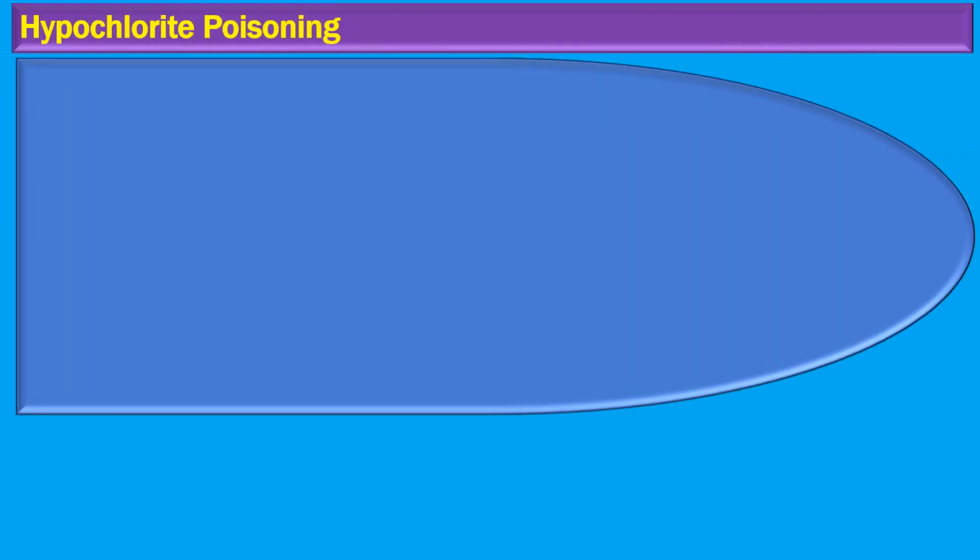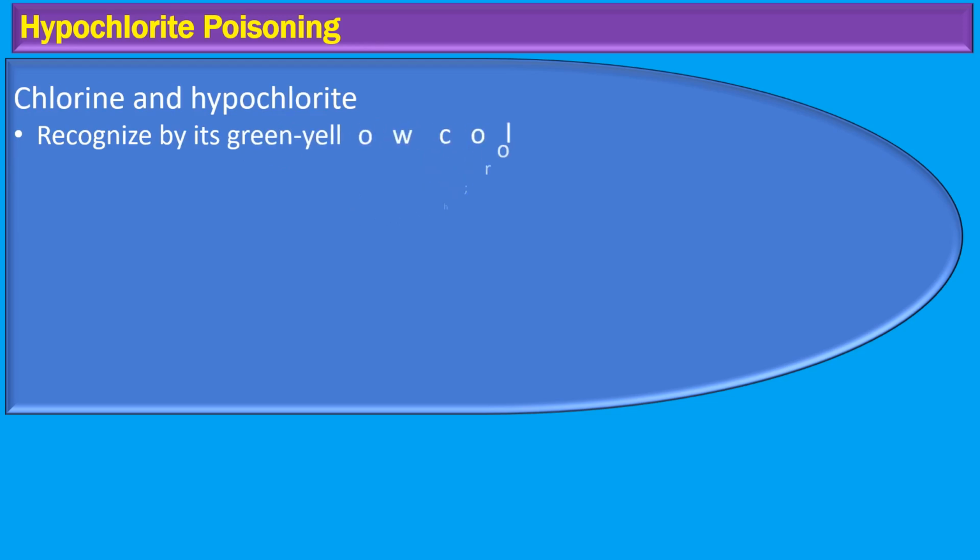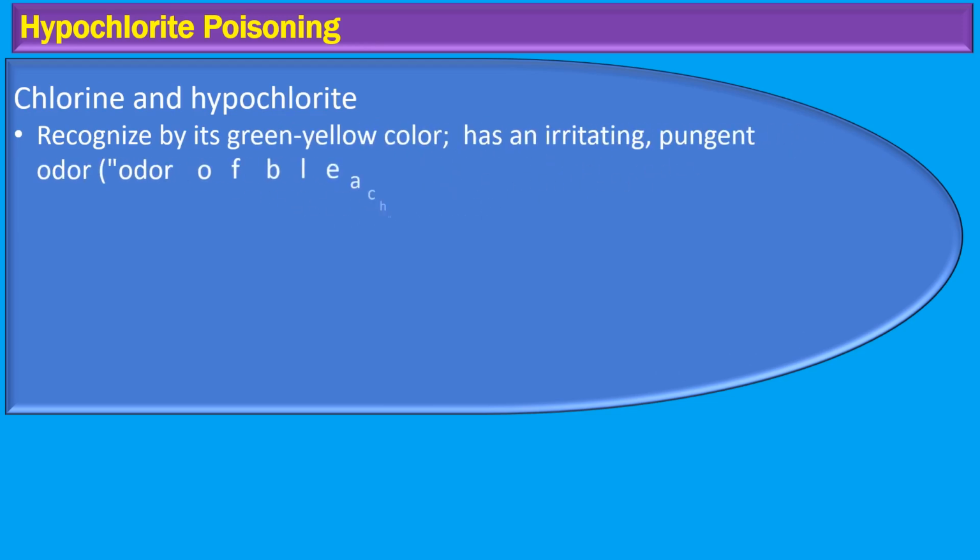Let's delve into the fascinating world of biochemistry and toxicology, focusing on the impact of the aforementioned agents on our body. First, let's talk about the chlorine and hypochlorites. Imagine chlorine as a green-yellow gas that's not too shy to mix with water, yet it carries an aroma that's unmistakably sharp. Yes, that's chlorine for you.